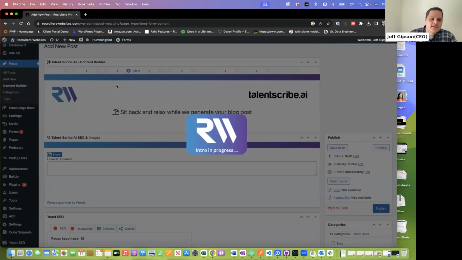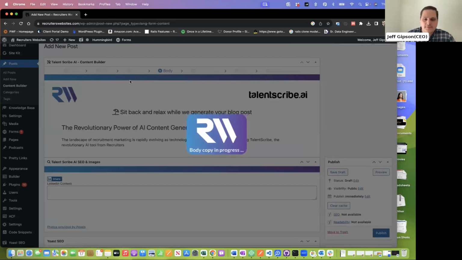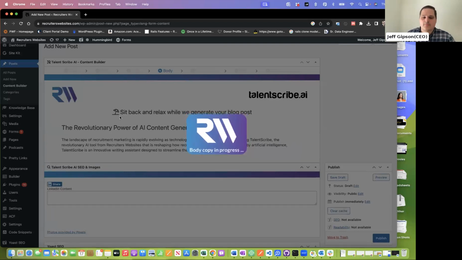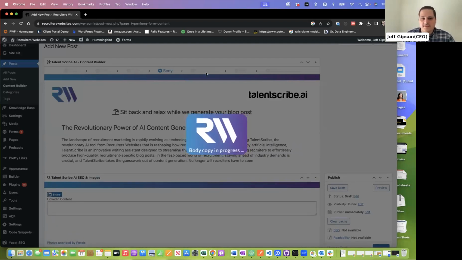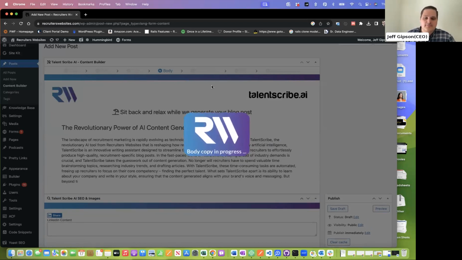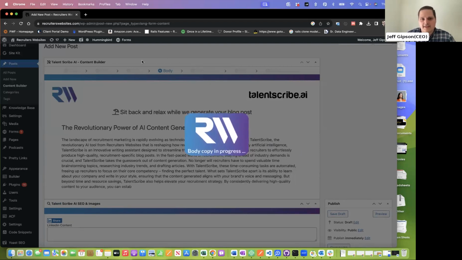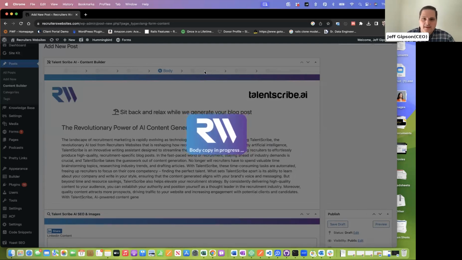As it's thinking here, it takes about 5 minutes to create a post throughout the entire process. But you'll see that there is a navigation here. So we started with the idea stage, and then the title. It wrote the introduction, and it's typing that out now. It's now in the body stage. The next step is the conclusion. And then there's a step that's right here in the middle we don't show on the navigation, but we're actually taking and we're rewriting all of these three together. So the intro, the body, and the conclusion, so that it's all cohesive and makes sense.